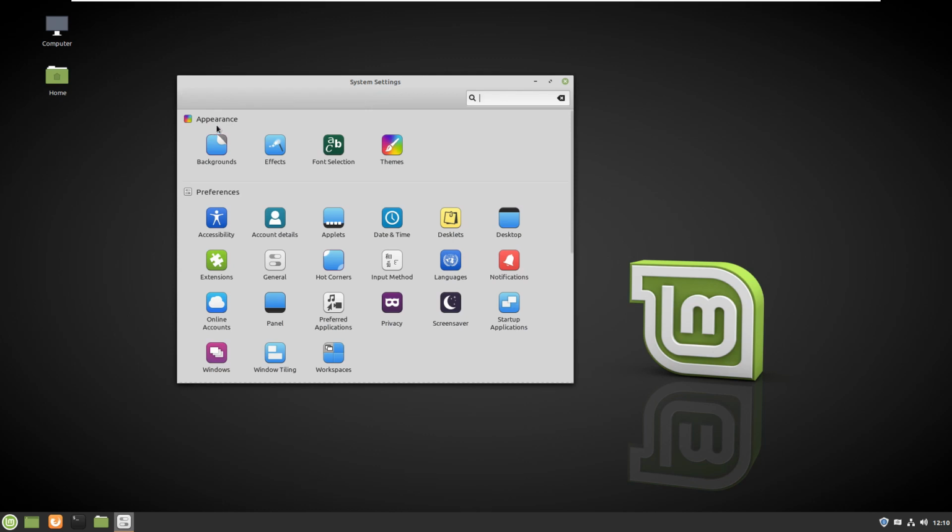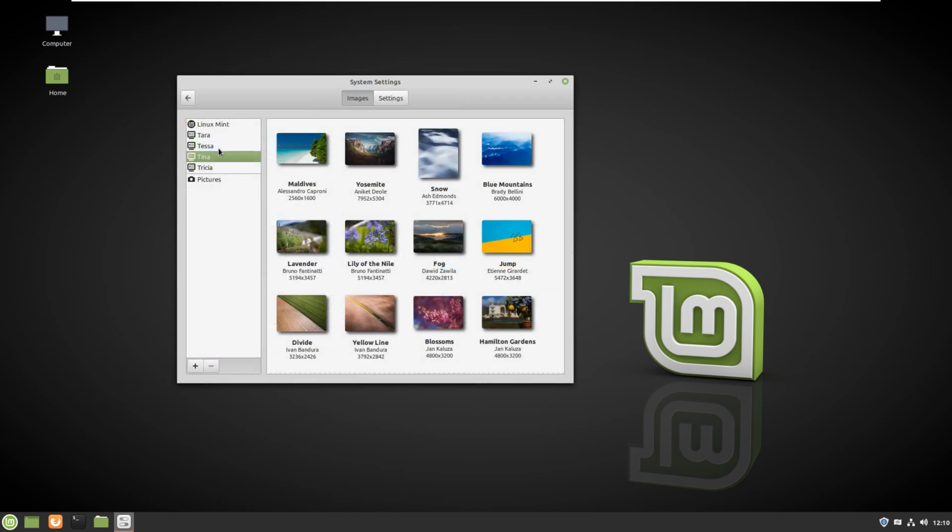The first one is the appearance. There are four options here that you can adjust. They are for the windows and for the appearance of your Linux. The first one is background. So by clicking on background, you can see